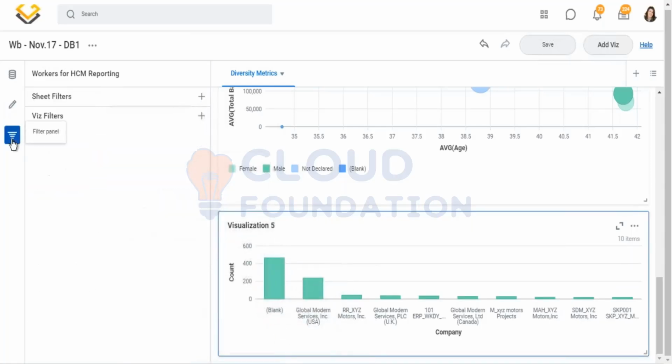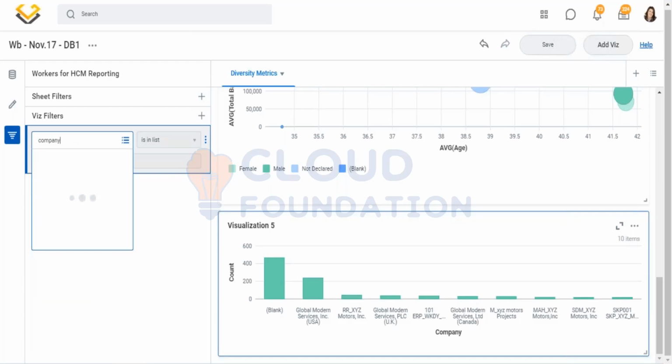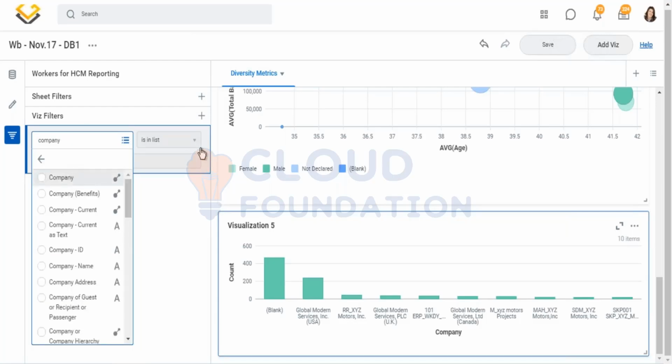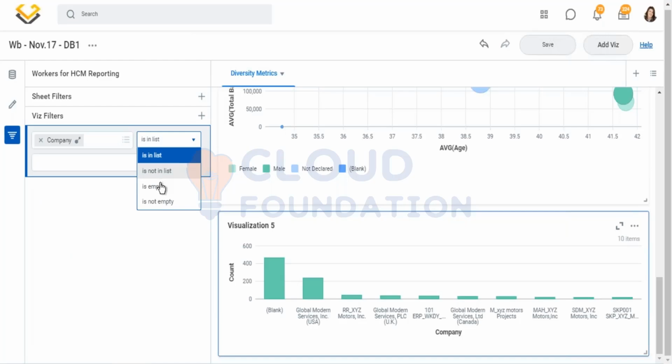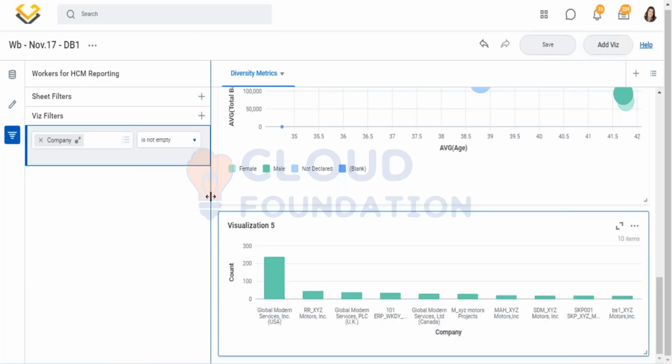So now I can come to filter and say company. The other thing, if you remember, I was asking on the sheet filter. Does the sheet filter apply to the entire sheet? I cannot override it for individual visualizations, correct? Correct. It is applicable for the entire sheet. If there are different data sources, it will only apply